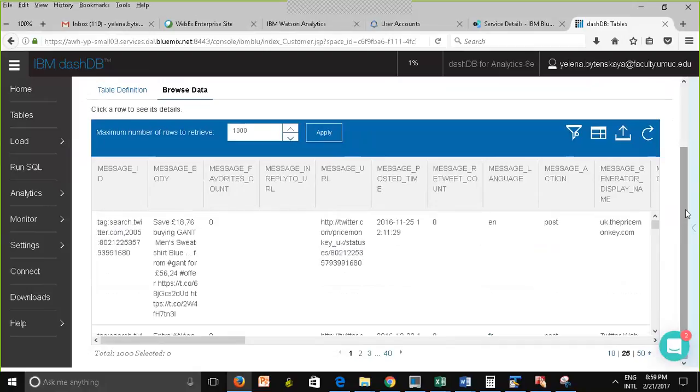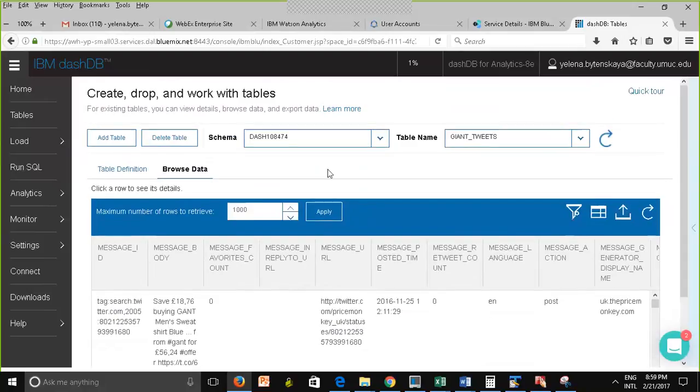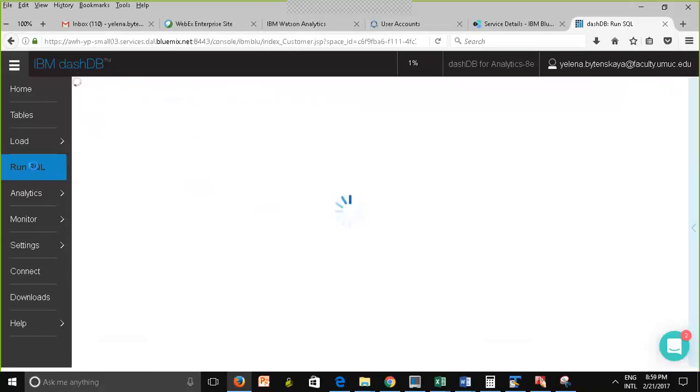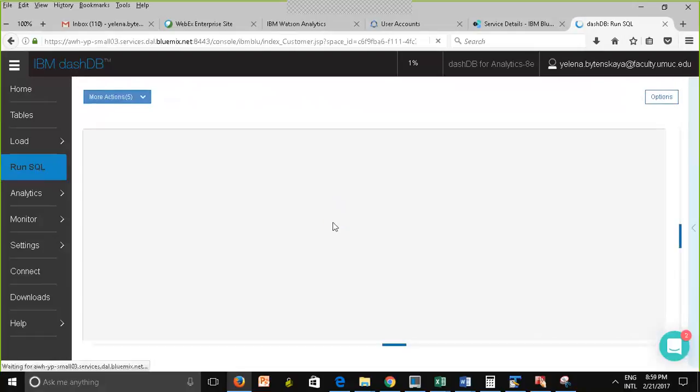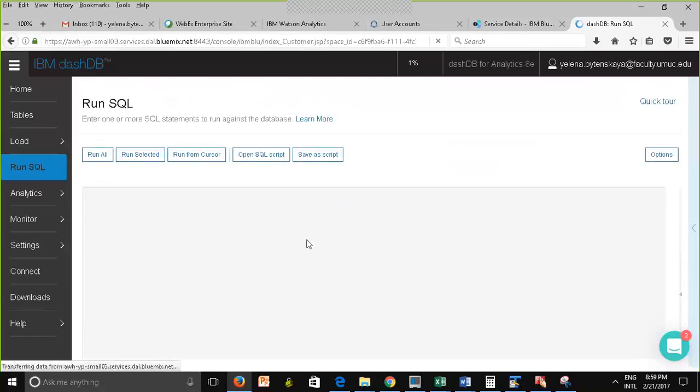I'll be more than happy to do that. Now, to run the queries, you go here, run SQL, and type the query command. It's taking a little bit of time to load, but this is an interface where you run the SQL.